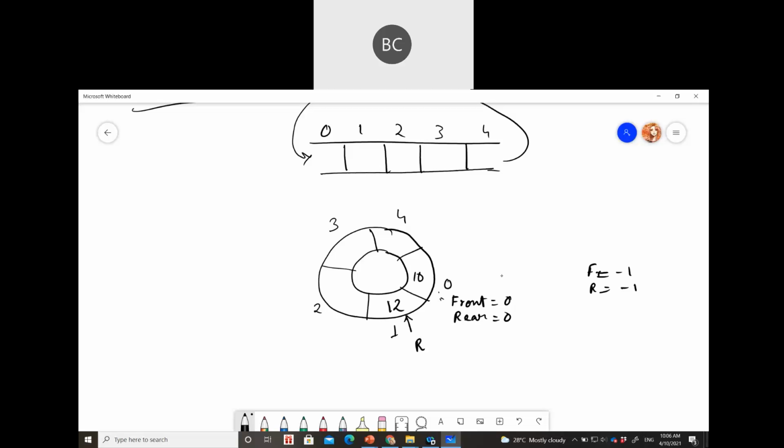Since initially rear was at 0, you added one item, now rear will be 1. Next you add one more item, and rear moves forward. Front is still 0. You are just increasing the rear value. You keep adding more items and rear keeps moving. This is how you can enqueue an item.